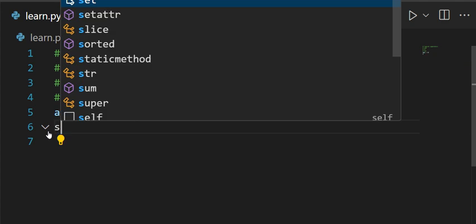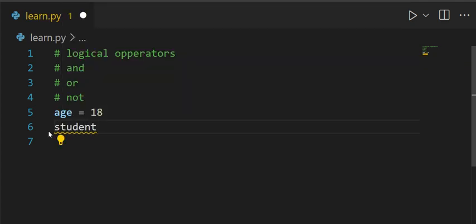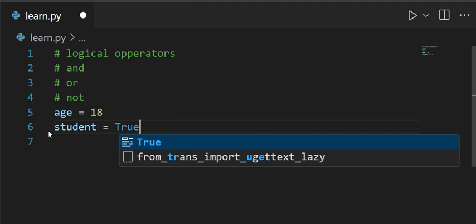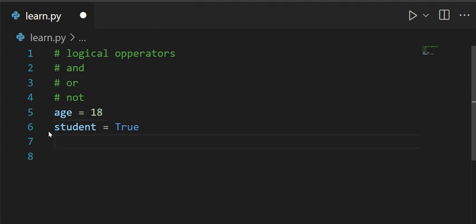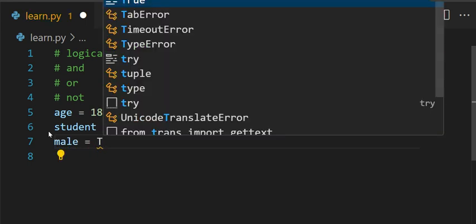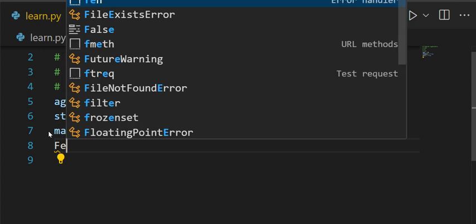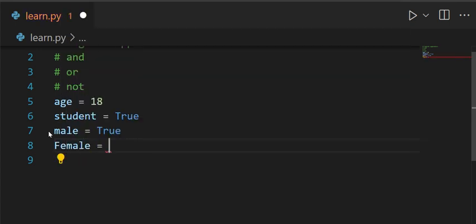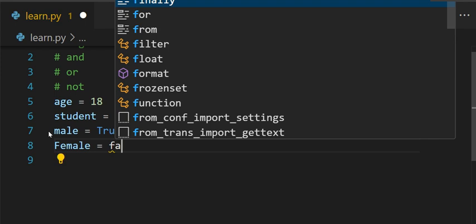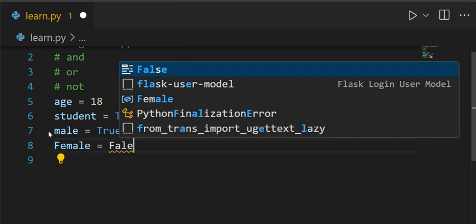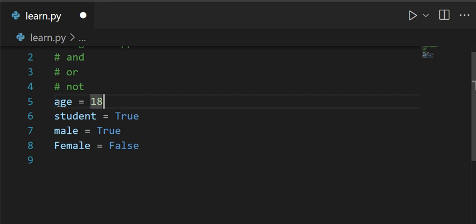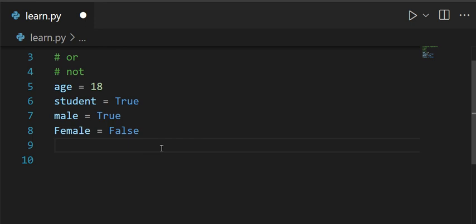You'll first of all ask if student, let's say student true, and if male, say male true, and female, for now let's say false. Okay, in this case,